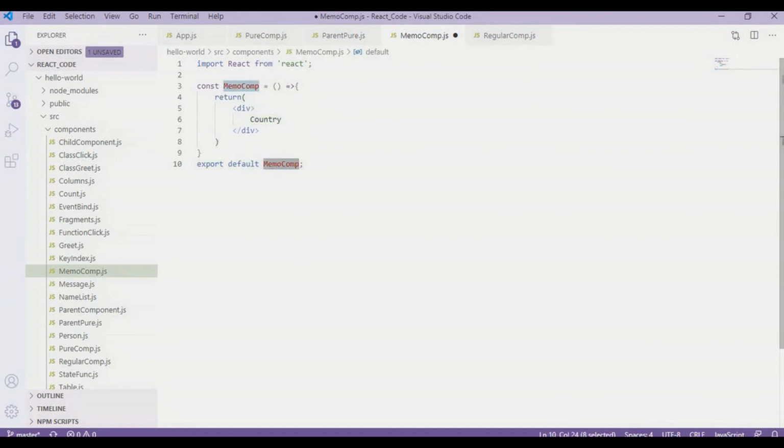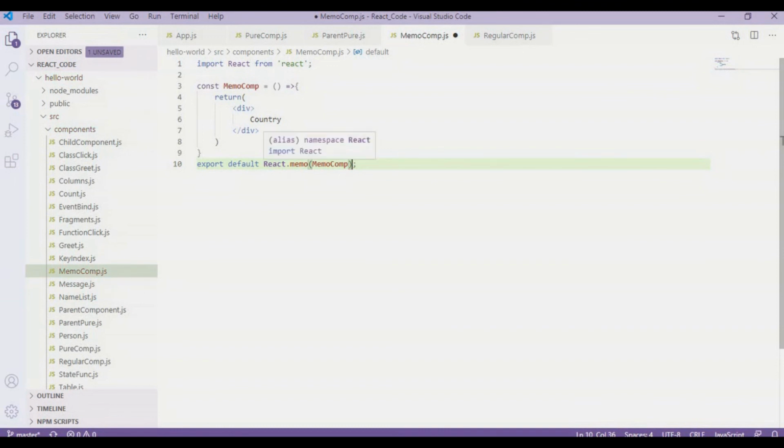Now it looks like a normal functional component, right? So for using memo, we should not export the component like this. We have to export it with React.memo, and inside this I'm going to have MemoComp.